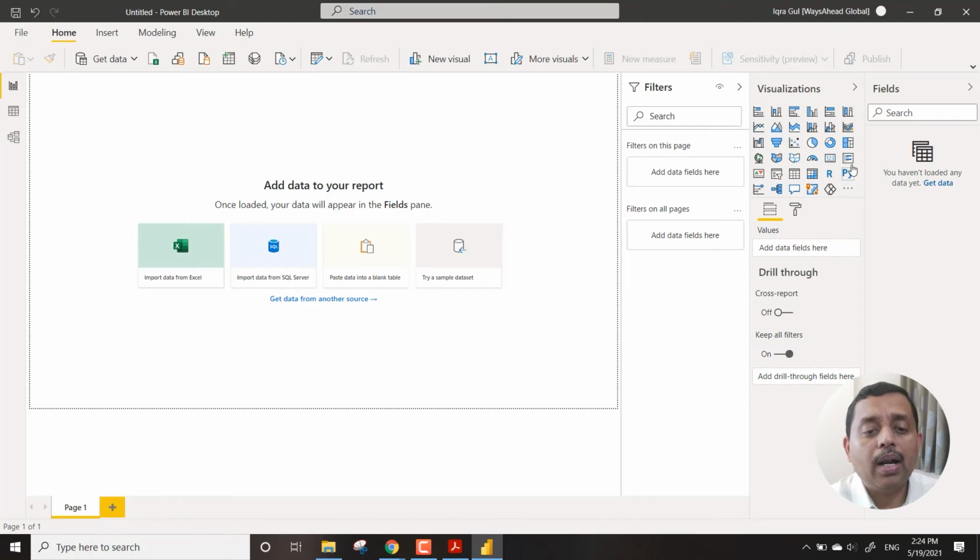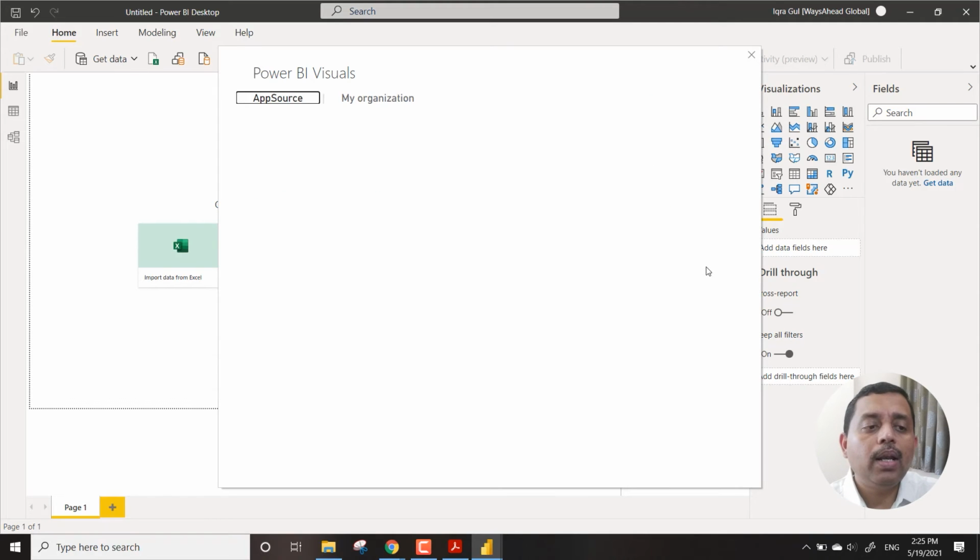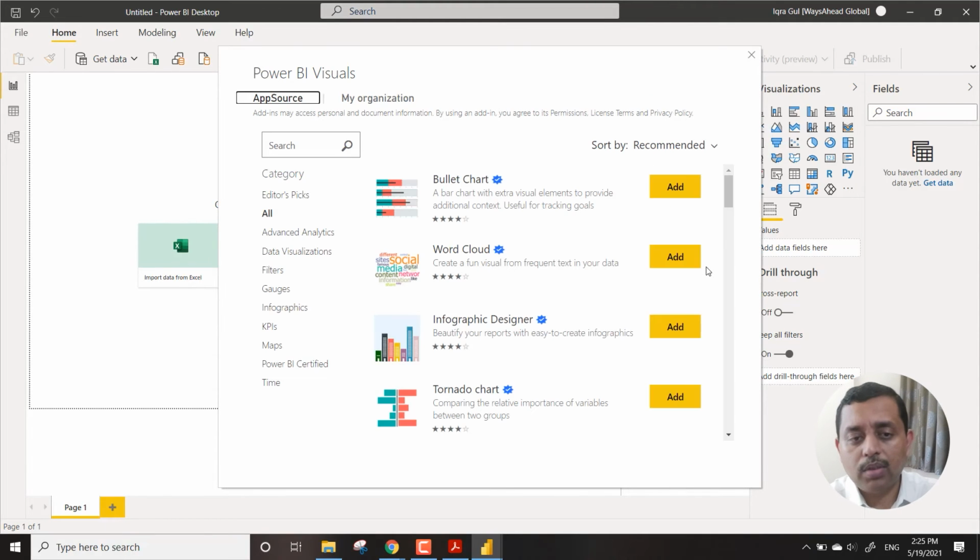You can bring in R and Python data as well, and then we will see some options like key influencers and the decomposition tree, and finally we will work with the Q&A feature as well. So these are some of the visuals. Apart from that, you can always go to the option called more visuals, which will open a list of visuals that are not there as standard, but are part of the marketplace of Power BI.